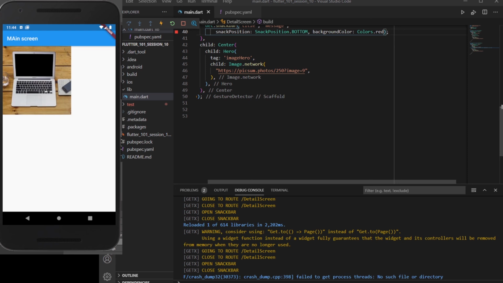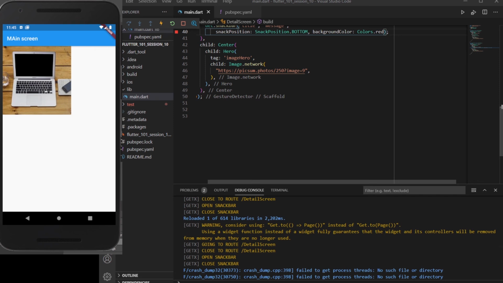We have seen how we can do routing with Navigator, how we can do routing with Get, and apart from the routing process, how we can add animations inside our application when navigating to a particular screen, and how we can animate various widgets inside our Flutter application. So this was for today's session. Now what you have to do for today is explore the different things available inside Navigator and inside the GetX package, and explore various transitions or animations available by having a look at the Flutter documentation, which is provided by the official Google team.